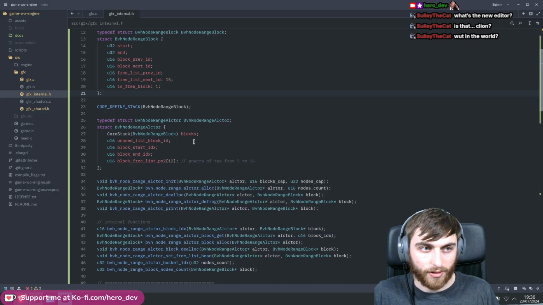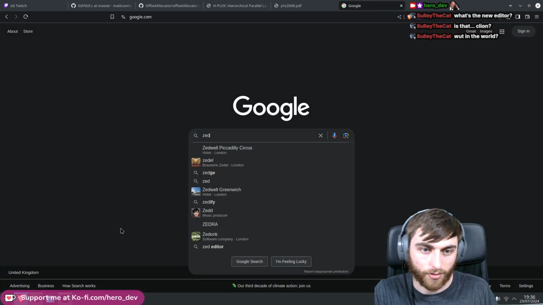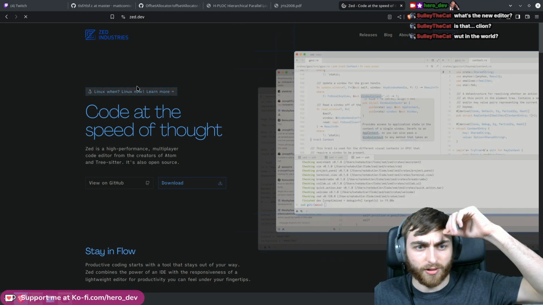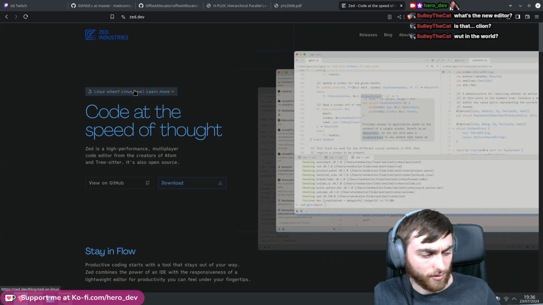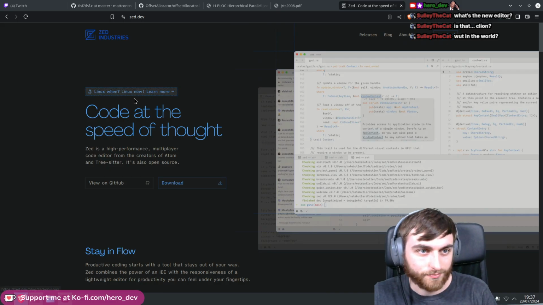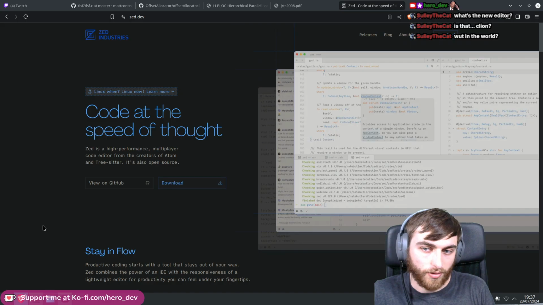So what you'll notice is we're using a different text editor today. We're using the Z editor, ZED. Because my NeoVim broke. Because I updated my system and then it decided to break. So we're just using Z in the meantime because I could literally install it. I tested it out on my laptop, but I literally just installed it, and out of the box, everything just works. So we're using this until,